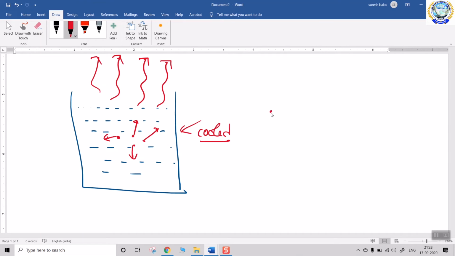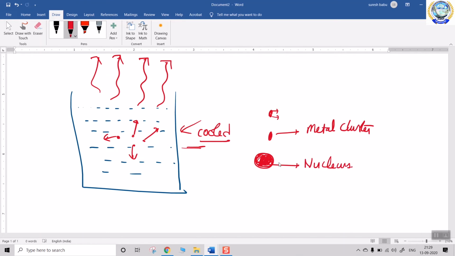Suppose there are two particles nearer to each other and their velocity was slowed down because the total system was cooled. As a result, they will come nearer to each other and form a small particle like this. This is the solid particle. The formed small particle is called a metal cluster. These metal clusters will add together to form a giant size solid material. So this is called a nucleus.